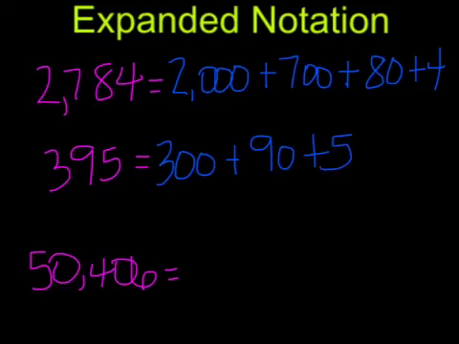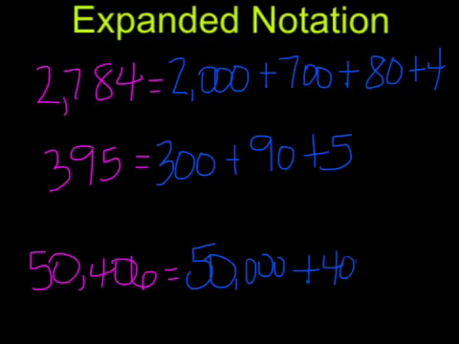Let's look at this number 50,406. In this number there are a couple of zeros and there are a couple of different ways that you can choose to represent this. The way that I prefer to see you write a number that has zeros in it using expanded notation is this. Starting out with 50,000 plus 400 plus 6. In this case, you'll notice that I skipped the 10,000s place and the tens place because